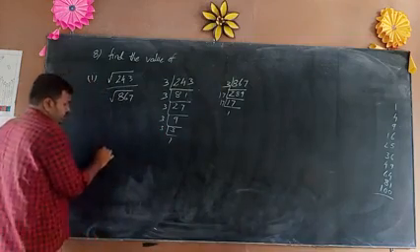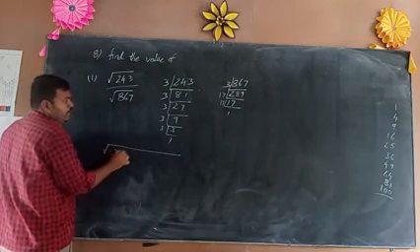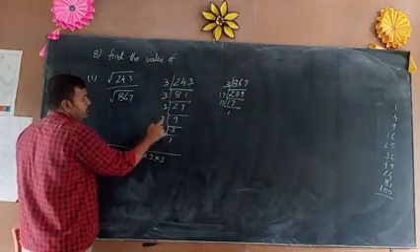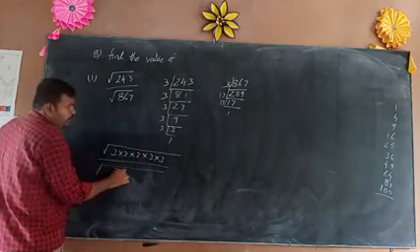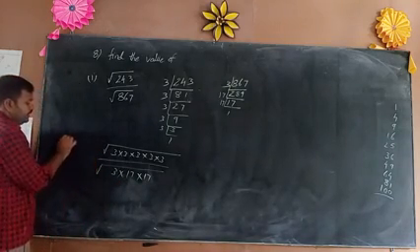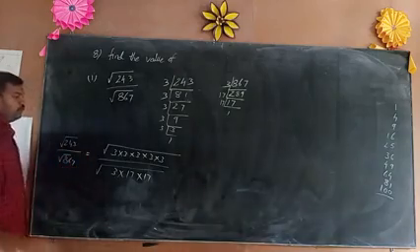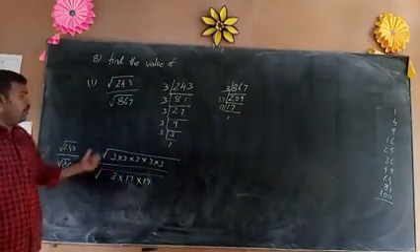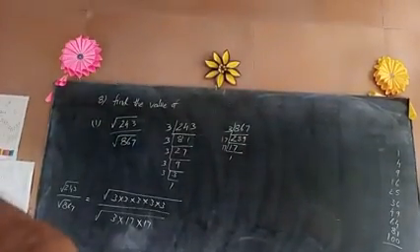Now making of the roots. How to find the square root division method is like this. 3 into 3 into 3 into 3 into 3, 5 times. Root of 243 is 3 into 3 into 3 into 3 into 3, 5 times. Root of 867 is 3 into 17 into 17. That is root of 243 by root of 867.